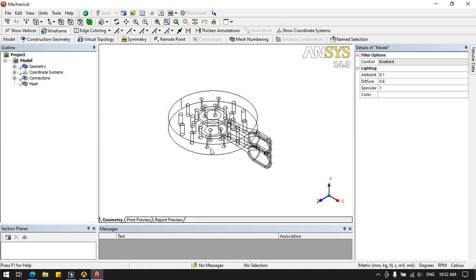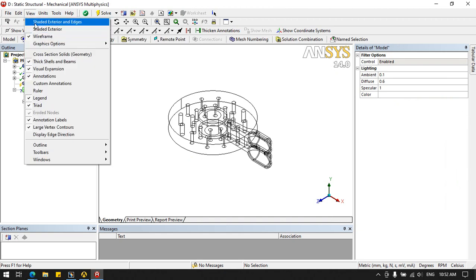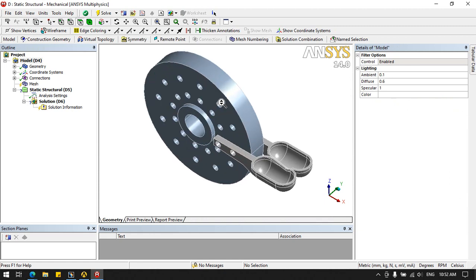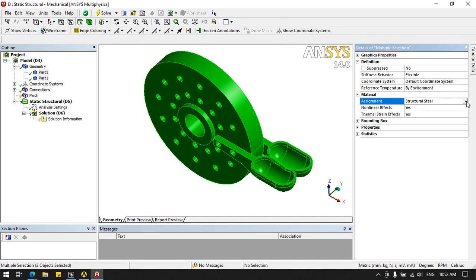It is coming in wireframe here. Go to view, shade with edges so that we can see solid. Now I am going to select parts and say these two parts are made of steel.